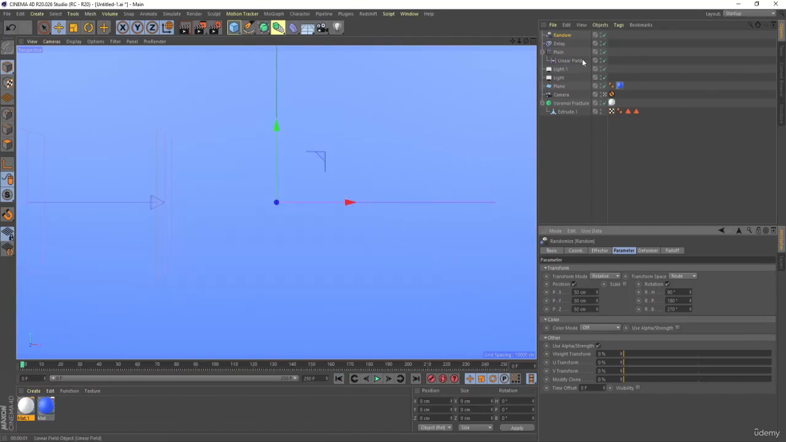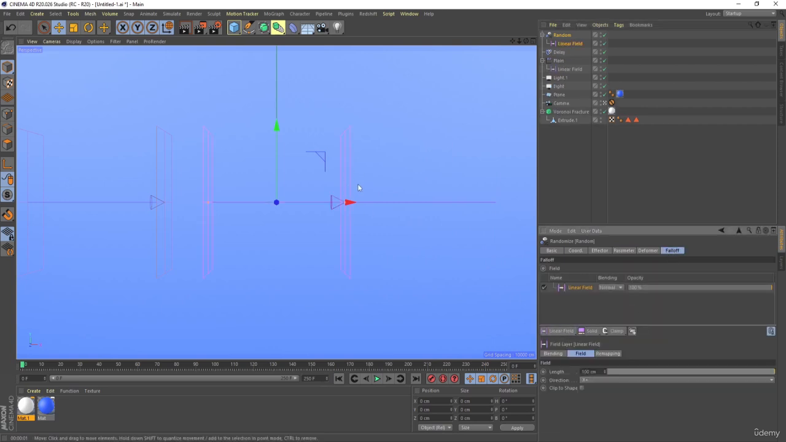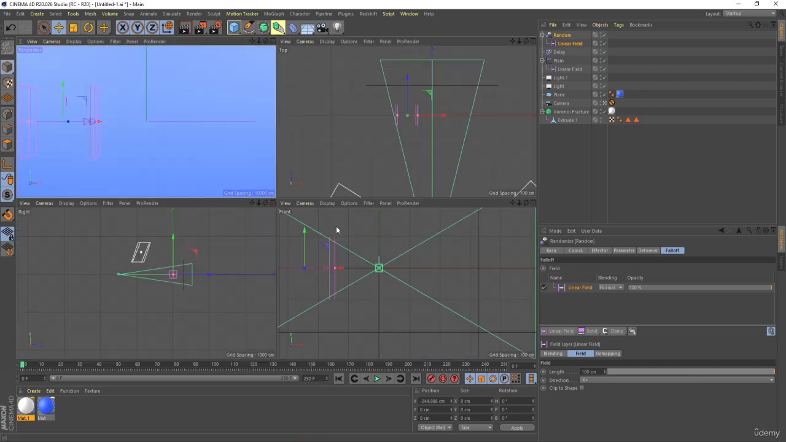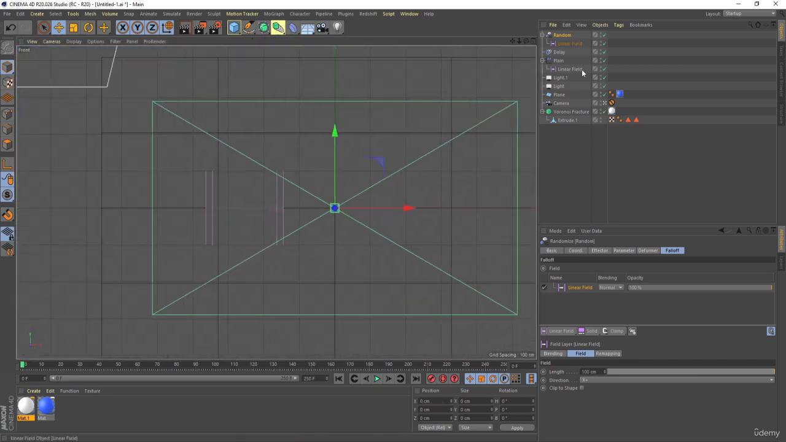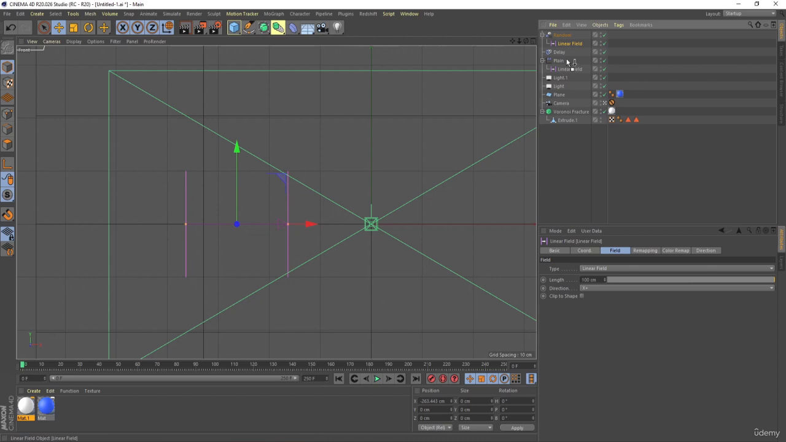But now what we are going to do is add a linear field to this one also. So I'll go to the falloff and add a linear field. And now I'll move this linear field over here. Let's go over here and see that properly. Select this linear field and move this over here along with the linear field of this plane. And now I'll select this linear field, bring it downwards, and make it aligned with the linear